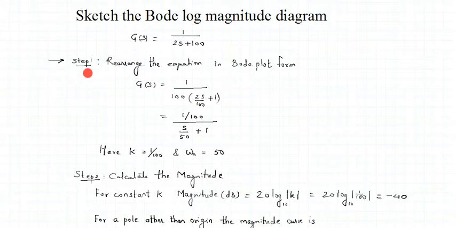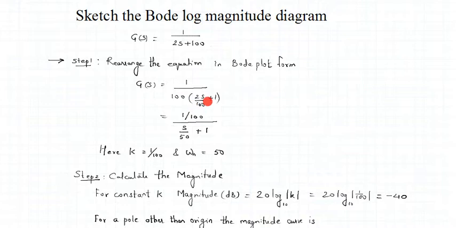The very first step for doing the Bode plot is to put the transfer function in a desired form, which is called the Bode plot form. So we expect this to be in the form of s by omega n. If you remember, we always expect the transfer function to be in the form of s by omega n. So the given transfer function is not in the form of s by omega n. So what is the very first thing we'll do?